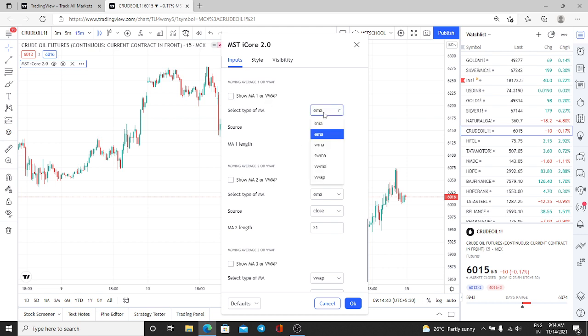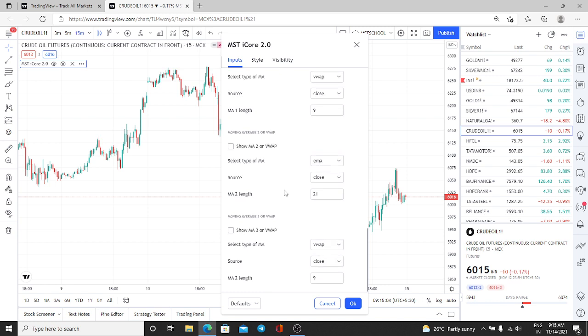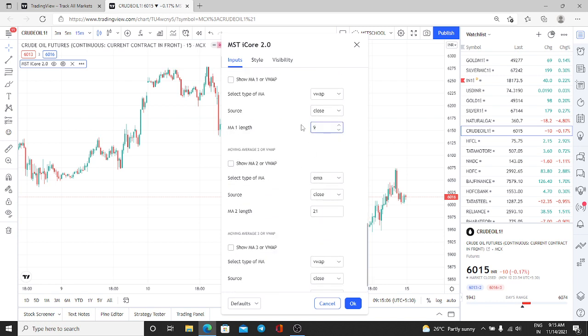So here you can use any moving average: SMA, EMA, WMA, and VWAP also we have added here. If you are selecting any moving average, you have to give two inputs, one is source and the length. And if you are selecting the VWAP, you don't have to give any input, okay? It will be automatically drawn. Same thing here, moving average 2, moving average 3. If you want to give some other values, you can give, and if you want to use some other source, some people will use high and some people will use low. Okay, so here also I'm making VWAP.